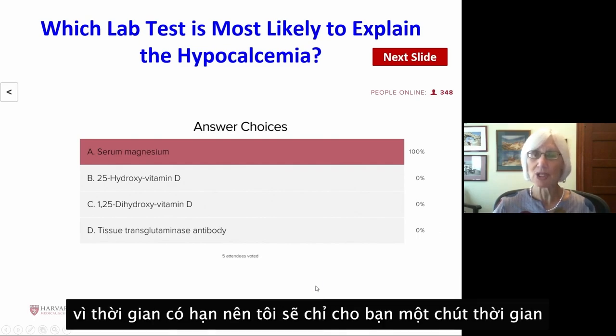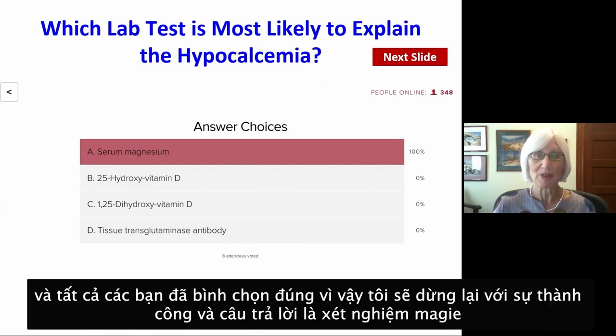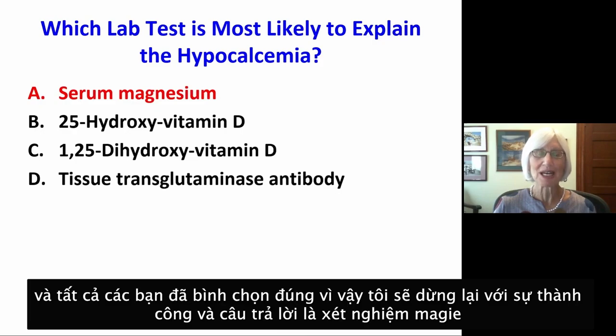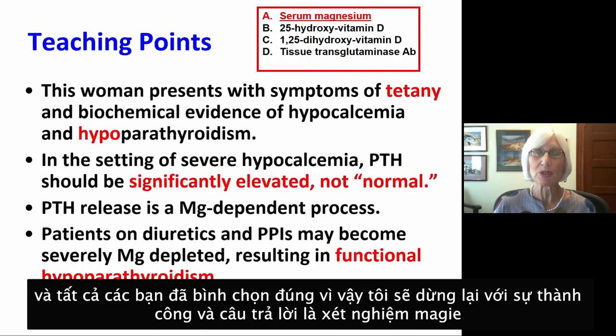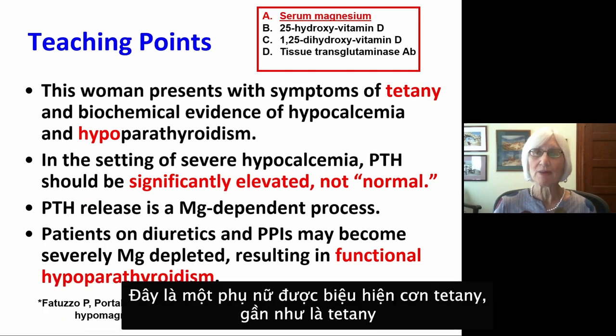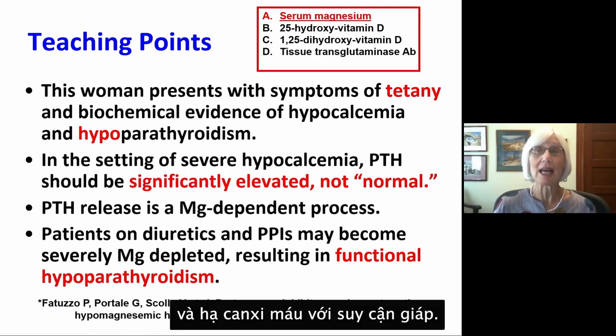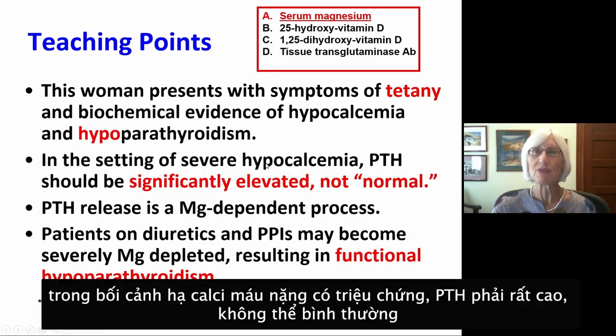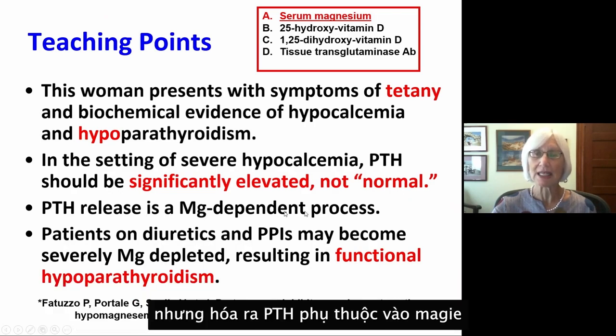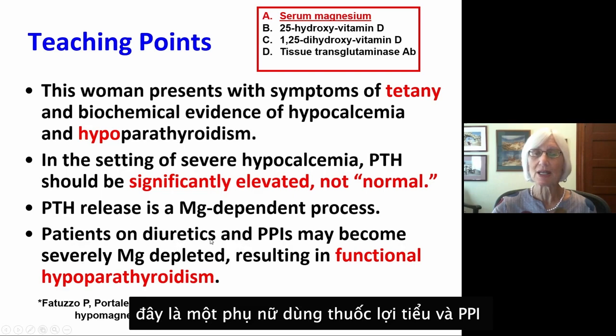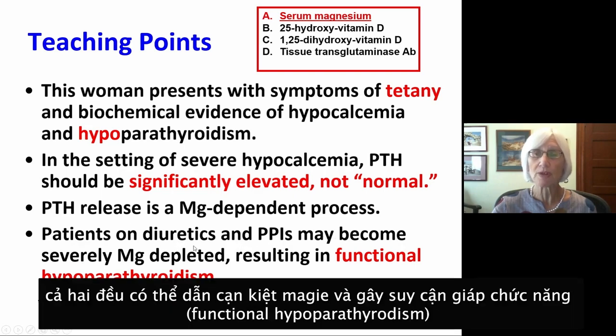For sake of time, I'll just give you a few moments, and all 8 of you who voted got it right, so I'll stop with success. And the answer is magnesium. This is a woman presenting with near tetany and hypocalcemia with hypoparathyroidism. In the setting of severe symptomatic hypocalcemia, PTH should be very high, not normal, but it turns out PTH is magnesium dependent. This is a lady on diuretics and PPIs, both of which can lead to mag depletion and